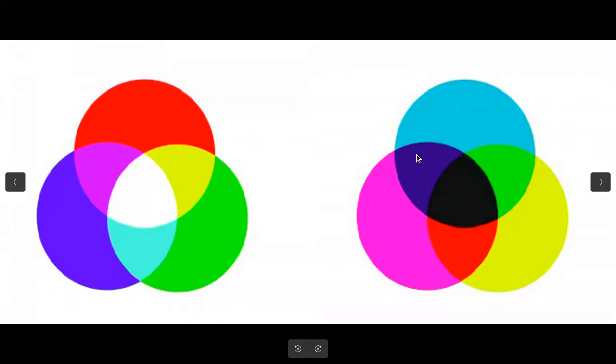And for CMYK, those primary colors are cyan, yellow, magenta, and black. So depending upon the specific color model that we are following, our primary colors will vary. We can see that the primary colors of RGB are secondary for the model CMYK. We will be understanding about these things in detail.